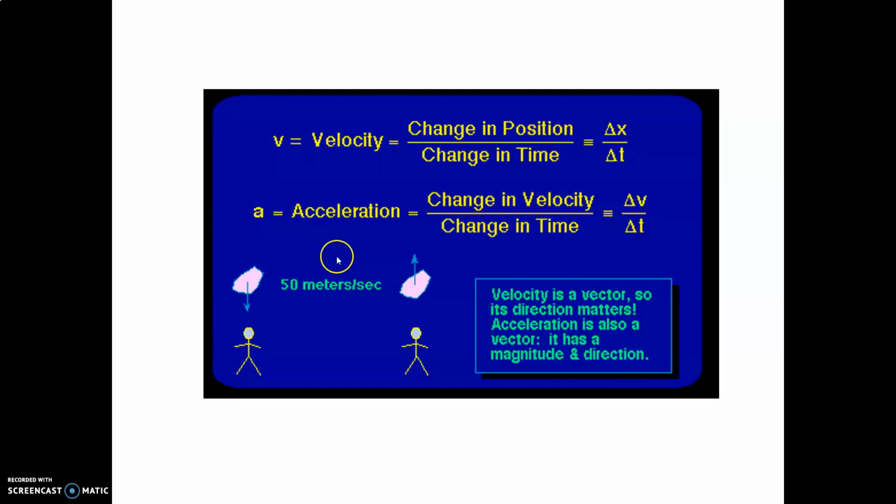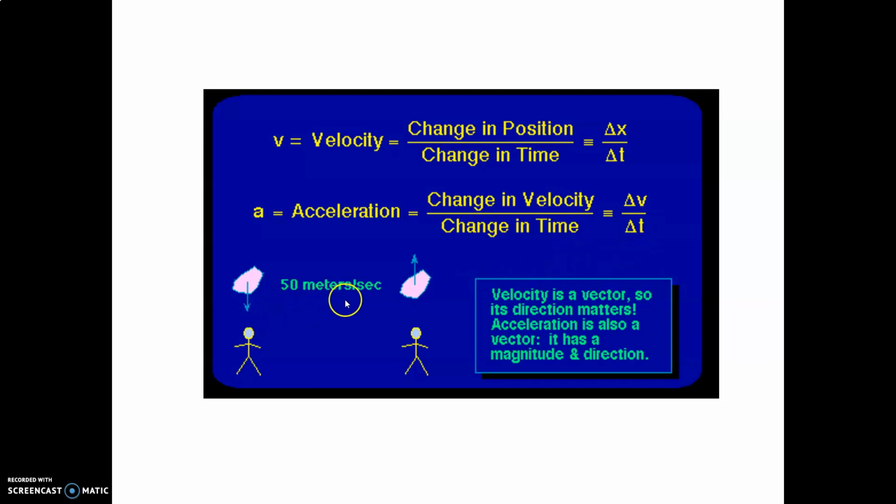Now revise the concept in the form of differential equation. Velocity is change in position over change in time, that is Δx/Δt. Acceleration is change in velocity over change in time, that is Δv/Δt. Note that the symbols dx/dt and dv/dt are used instead of Δ in the form of derivative.